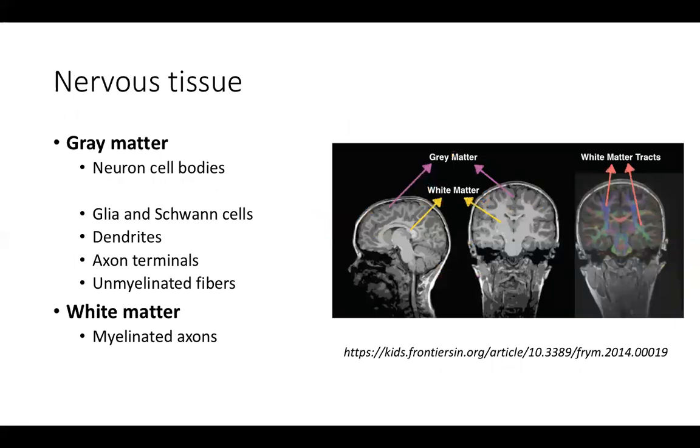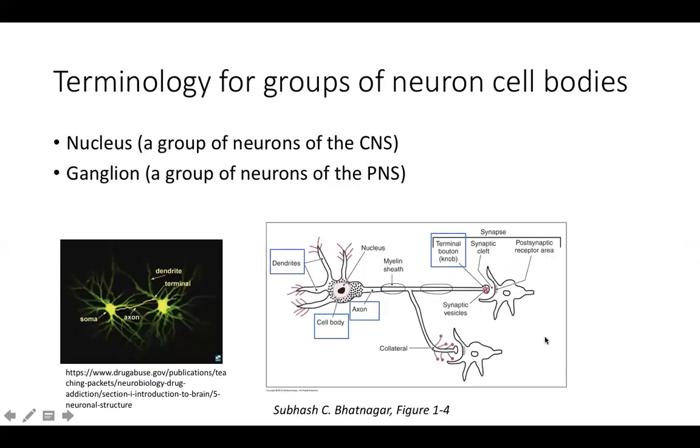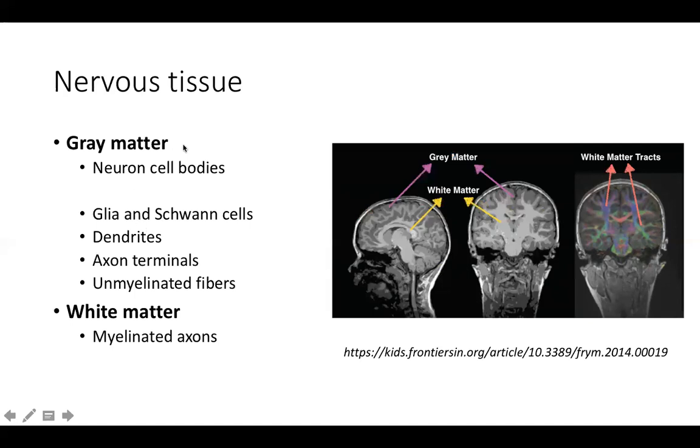Looking at the nervous system, there is a distinction between recognizing the cell body as what we described and the axons that are the output projections that connect to other neurons. What I'm showing you here is gray matter and white matter. Before I show you the difference in terms of the image I've put up here, I want to first describe the components that make up the gray matter, and then we'll talk about the image.